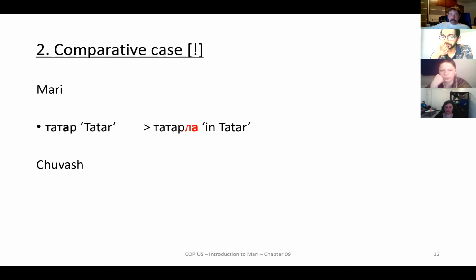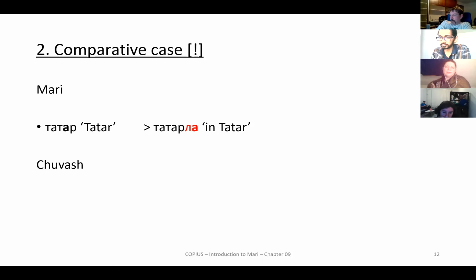So next point in the grammar is the so-called comparative case. I'm unhappy that we're stuck with this name, but it is what it is, because when people hear comparative, they think that it is the gradation. This is not what it is. I would have called it equitative or something like that. And I believe that Turkic sources call it this. But so Mari has a case suffix, if we want to call it that, la, which just means, which has